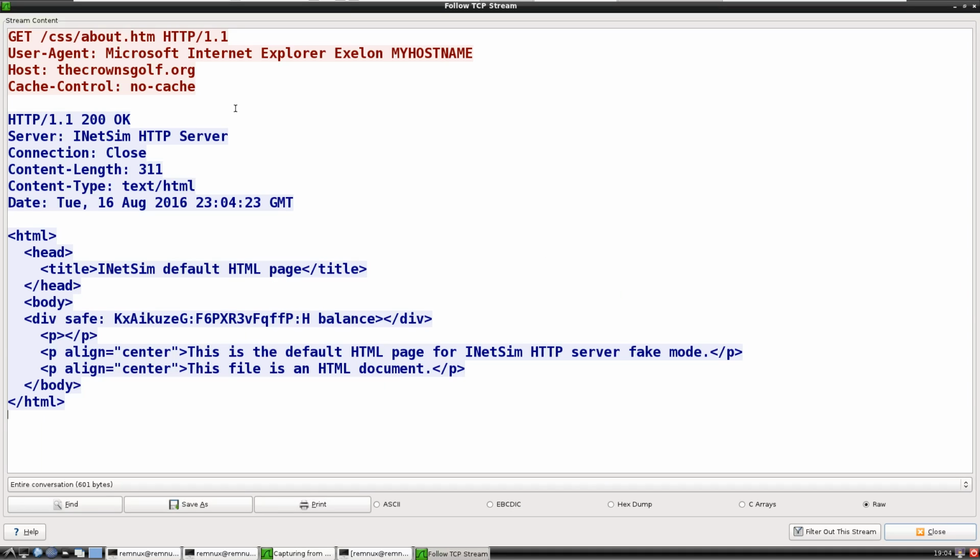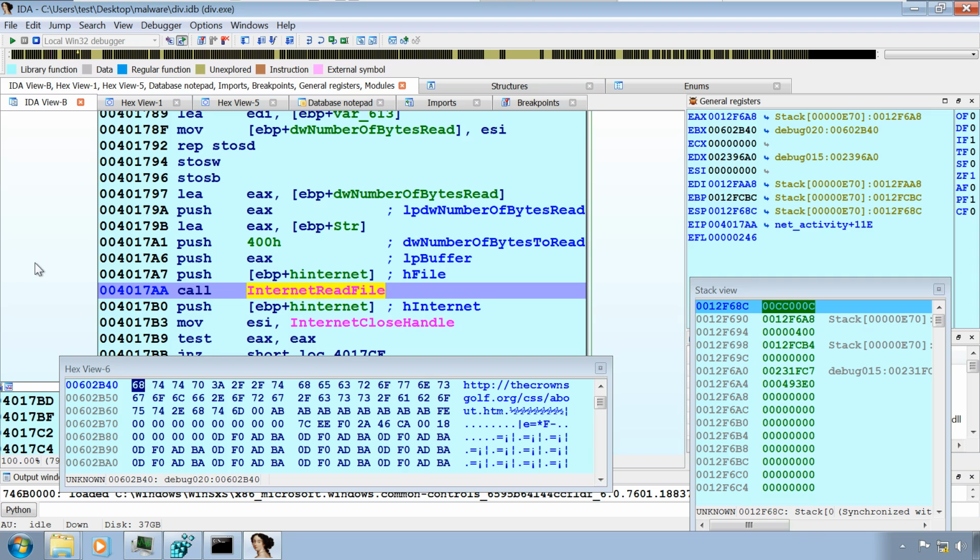And then you see that inetsim responded back with this HTML content, and also notice that I configured inetsim to give this tag back. And now we know that whatever is between div safe colon space and balance, that is this string, malware is going to extract, decrypt, and use as a command. In this case, let's see how malware is going to use this string. Okay, so now